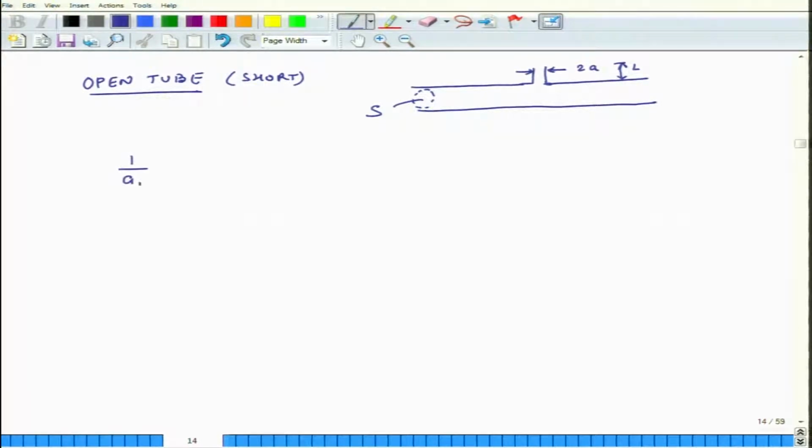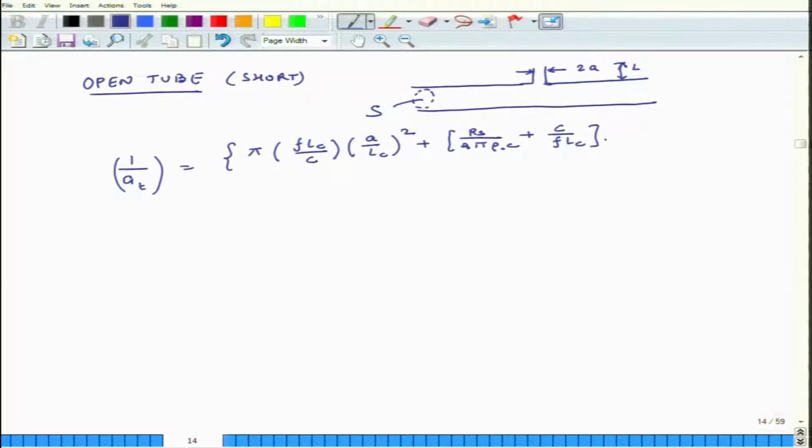In that case 1 over AT is equal to, and this is a complicated expression, pi times F L_C, where L_C is the effective length of this tube, and we have now learned how to calculate it, divided by C times (A over L_C) whole square, plus R_S divided by 2 pi rho naught C, plus C over F L_C, plus A square over 4S times C over F L_C, and this entire thing is enclosed in a parenthesis, and the whole thing is squared plus 1,